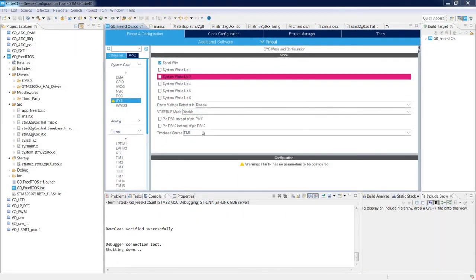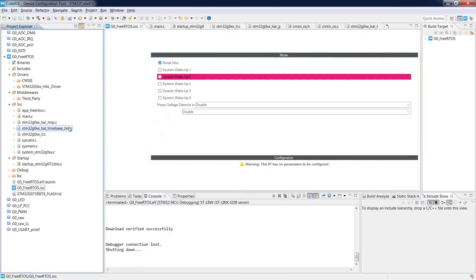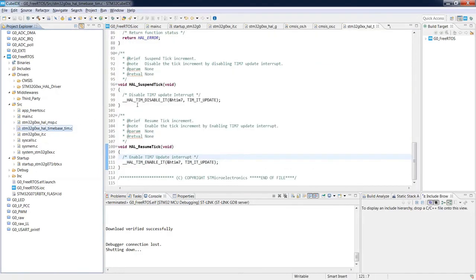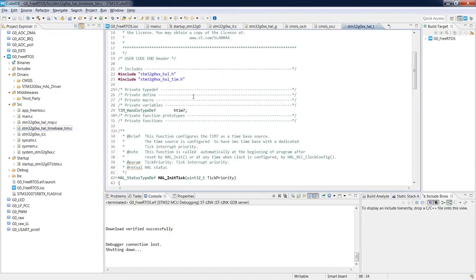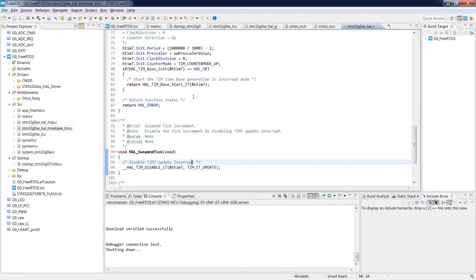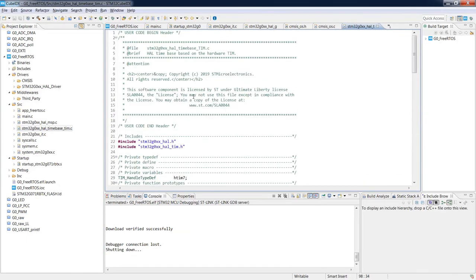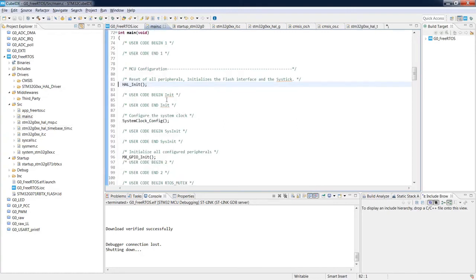Okay, so we will switch the SysTick timer to timer 7. Please have a look that timer 7 disappeared from the available timers. And now if we save and generate the code, we should have a new file, stm32f2xx timebase timer, which contains the functions to suspend tick and resume tick, all the functions which are used by the HAL library to generate the timeouts and delay functions.